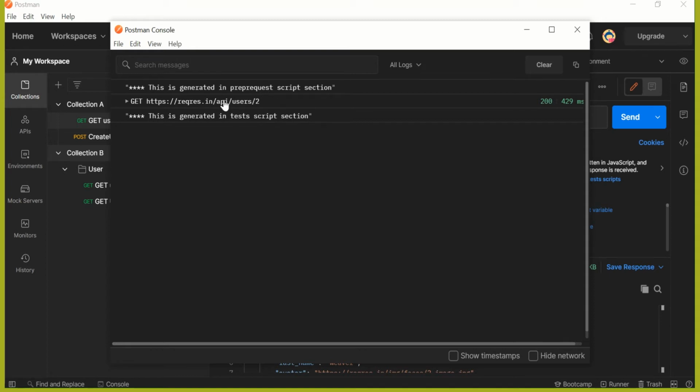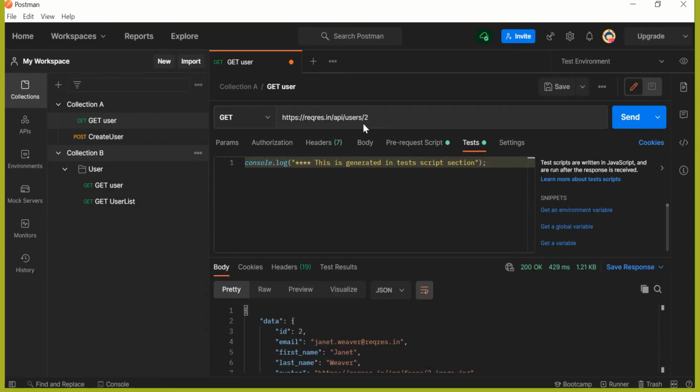After that, the request got executed, and finally the log command which was in the test script got executed. This underlines the fact we discussed in the slides also, that first the pre-request script section will get executed. After that, the request is sent to the endpoint, and after receiving the response from that endpoint, lastly the test script section will get executed.